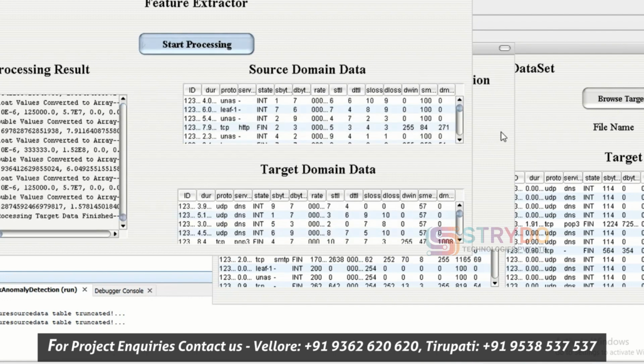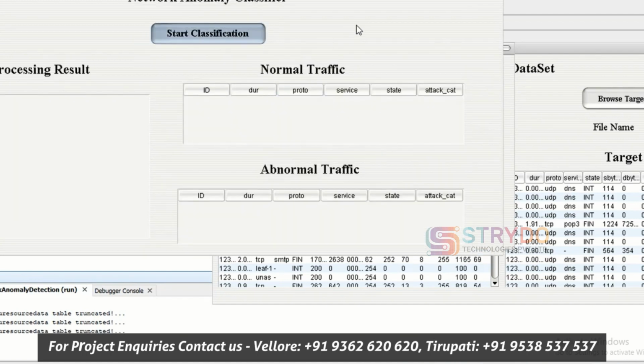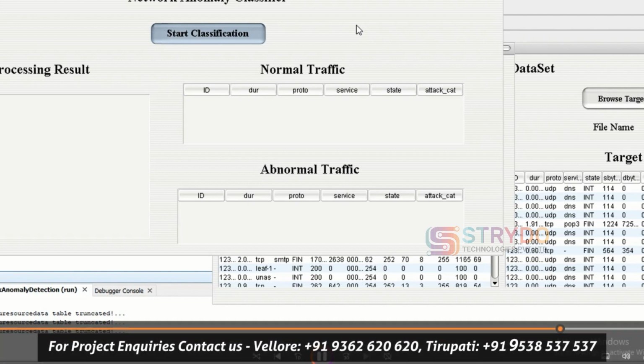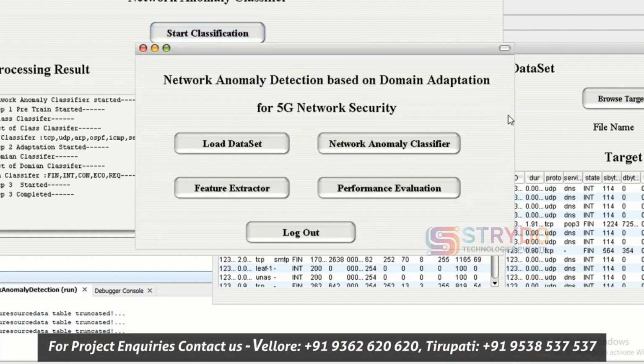And next is the network anomaly classifier. Here you need to make a classification process. It will be classified in the format of normal traffic as well as abnormal traffic, so that you can check the ID, duration, protocol, service, state, and also attack category. So let's check that. In normal traffic, most probably every piece of information will be normal, and for the abnormal traffic you can see that 3 or 4 types of attacks are performed,